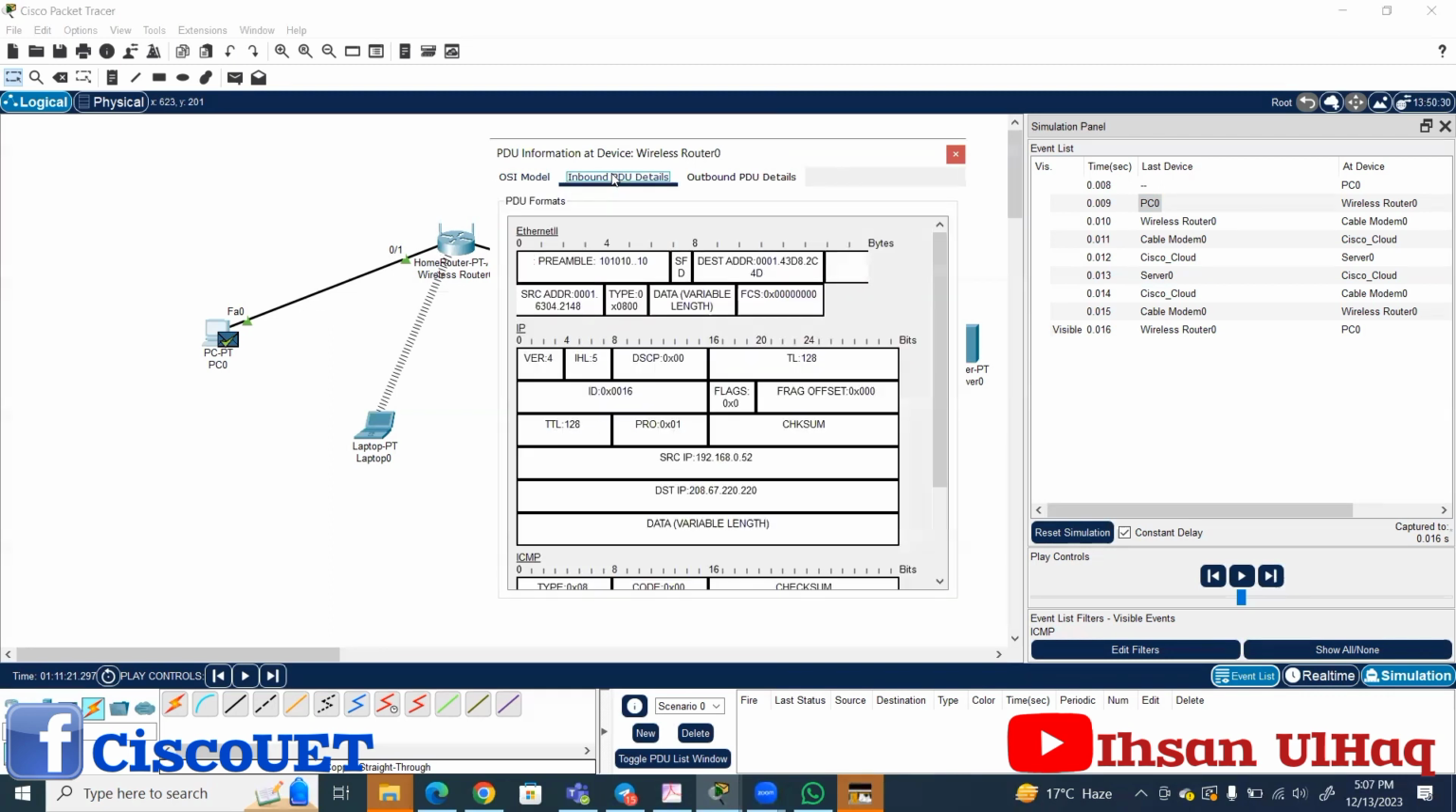It is telling you the inbound, and you will see these are the headers which we have to cover,